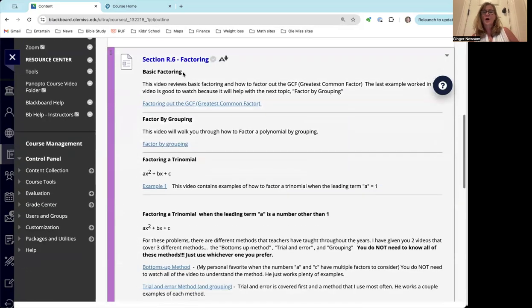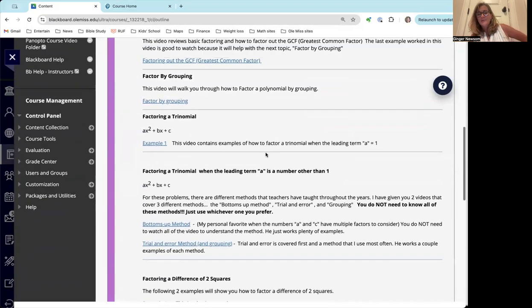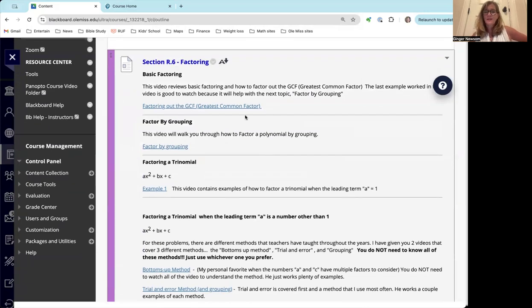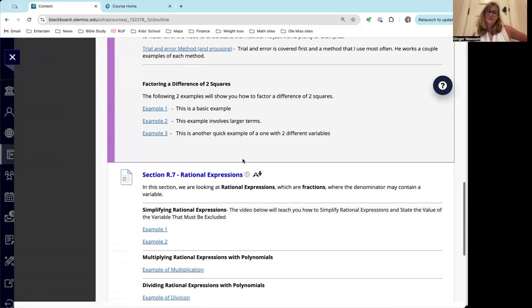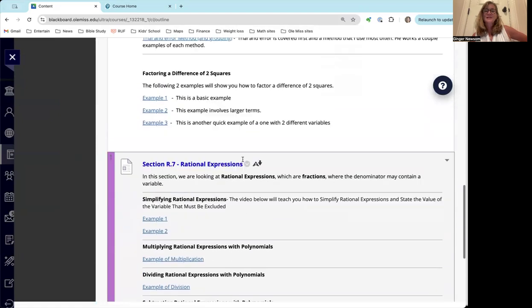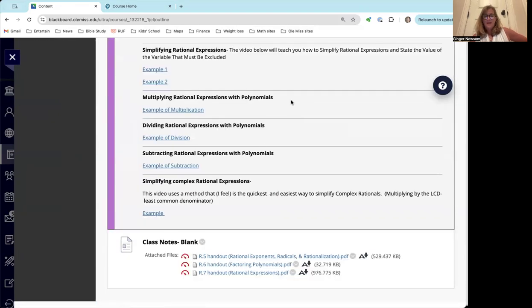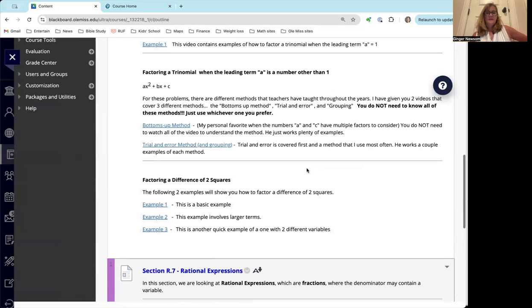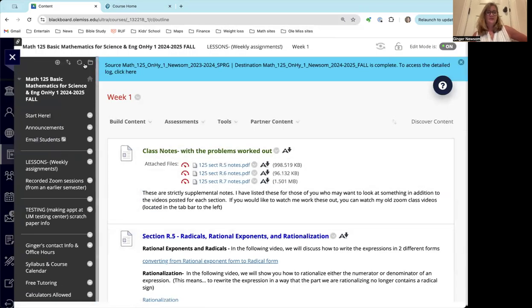R6 is all about factoring polynomials. So it looks like a lot, but just keep in mind, this is just posted. I posted different examples of different things strictly to help you work through problems. Factor by grouping. Here, there's a little short video of how to do factor by grouping and things like that. Okay, and I have it for R7. So everything's in this folder for week 1. All right, let's see. And so if you go back,